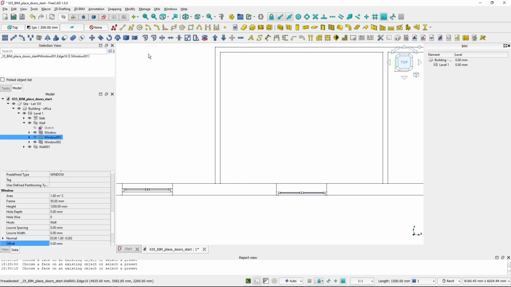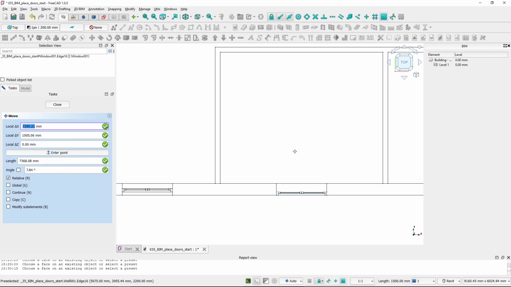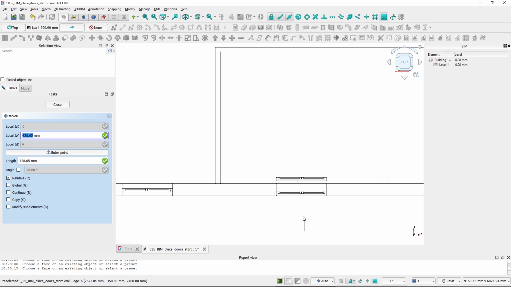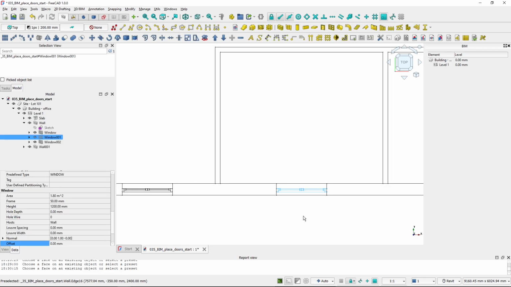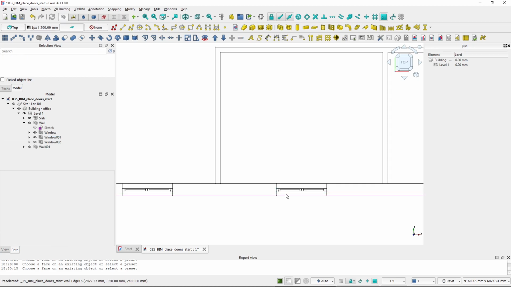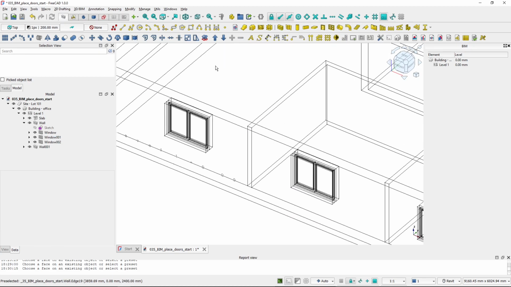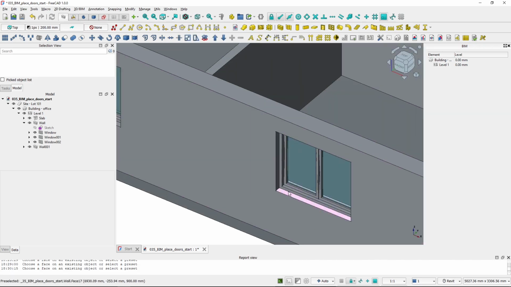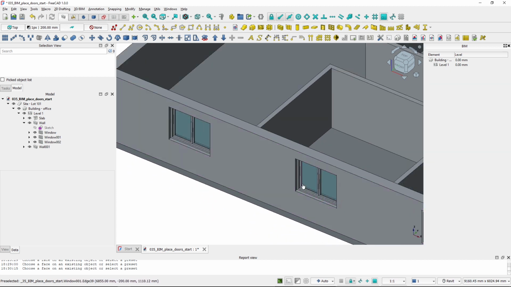I will use the move tool, click here, move my mouse up, hold shift and type in 100 and hit enter, and the window is moved 100 millimeters. So again, if I switch my display mode to as is, it's basically the same, but the parameter